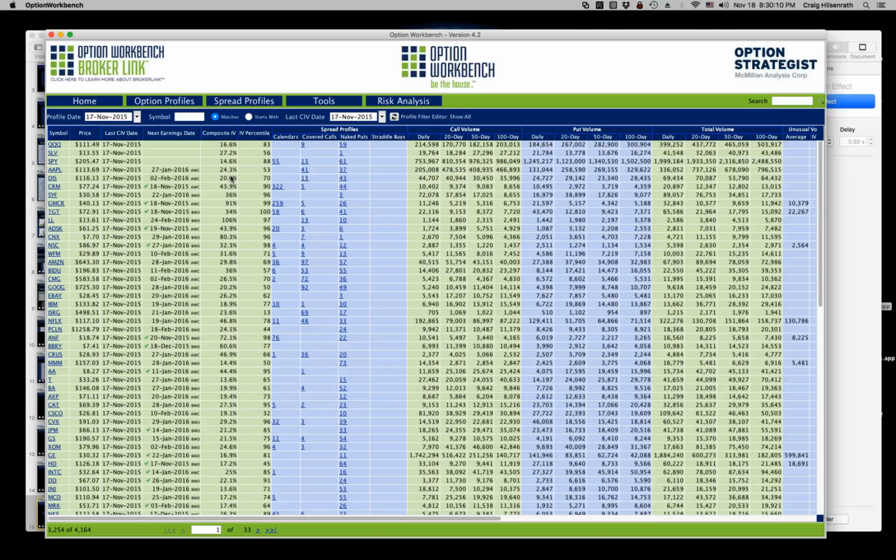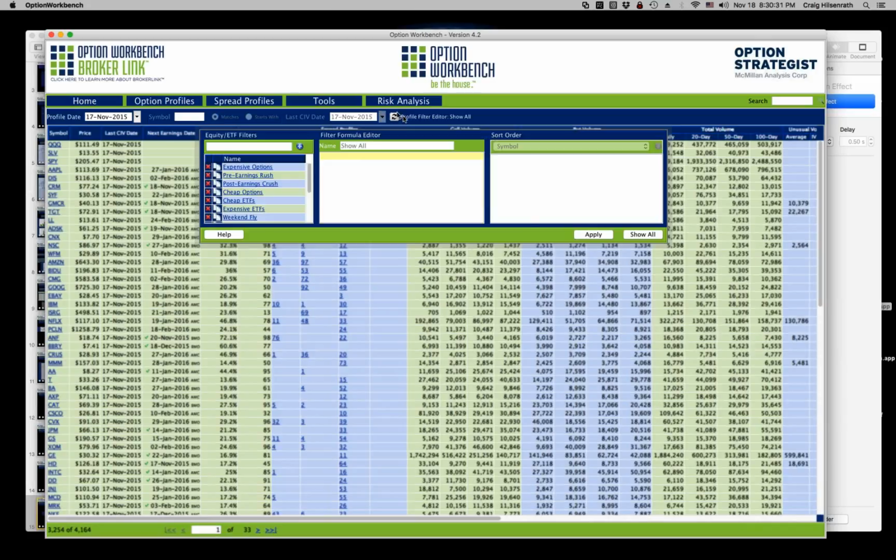The former, which is what we're looking at now, are option profiles, and the latter are called spread profiles. I'm not going to cover those tonight, but that's the main tool that you use in Option Workbench for finding opportunities. And the way to do that is to use a filter formula.